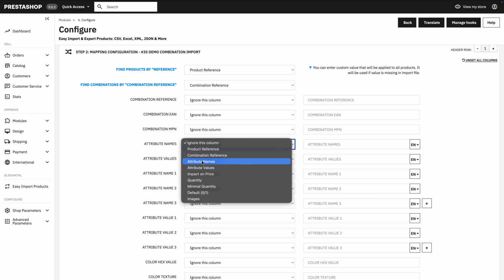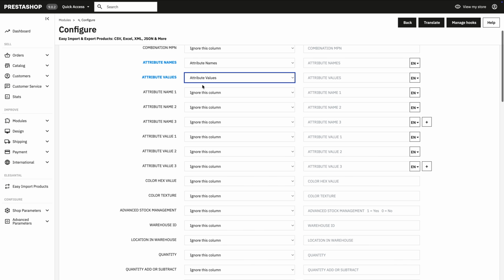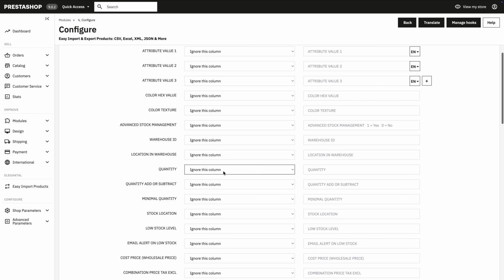Now, I'll map attribute names and attribute values. In this file, multiple attributes are stored together in one column. For example, size and color correspond to small and white. You can also use separate attribute name and attribute value columns. When that structure is more suitable for your file, then you would map those columns with attribute name and attribute value fields. Next, I'll map the remaining combination data such as quantity,